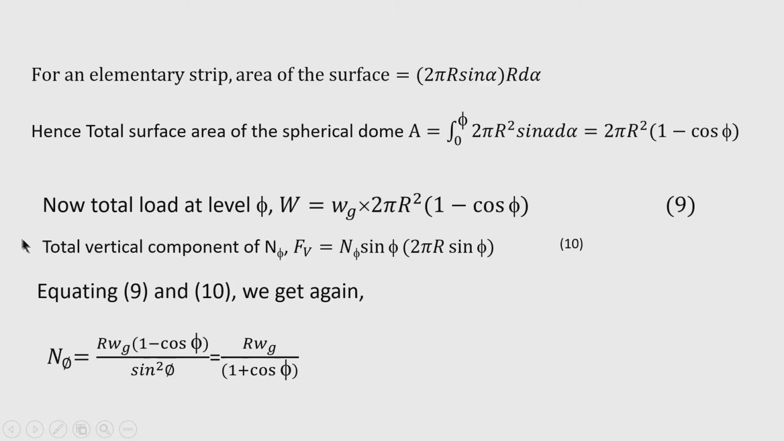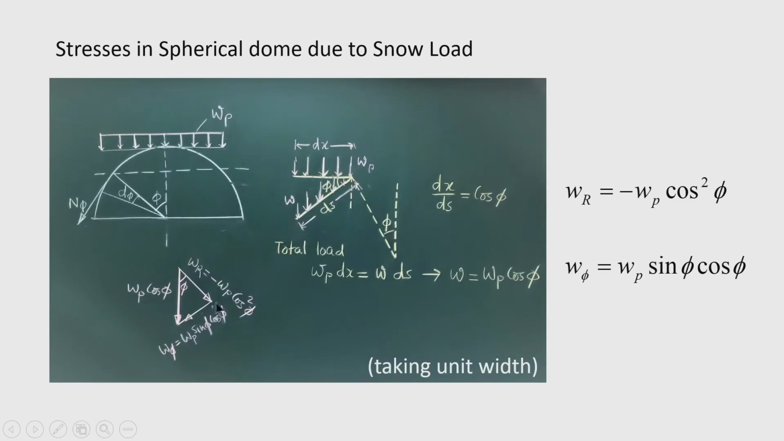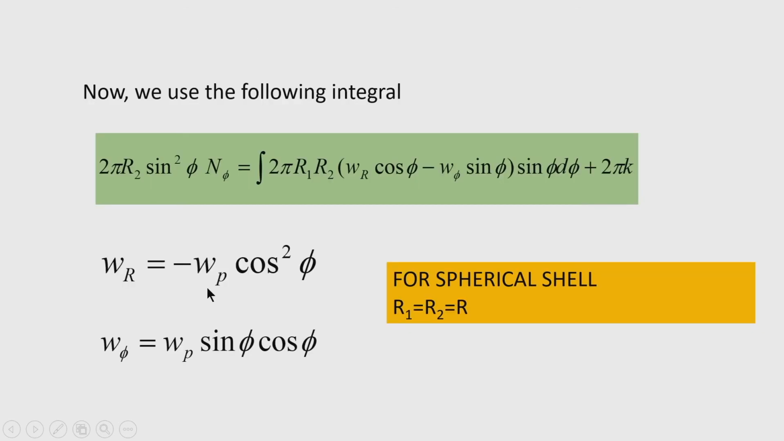Therefore, it is not a closed shell and the constant is not 0. So, in that case this application of this physical interpretation will be useful to obtain the stress resultant. Okay. So, once you obtain the n phi, then you can obtain the n theta. N theta can be very easily obtained